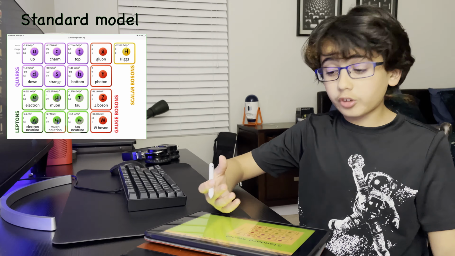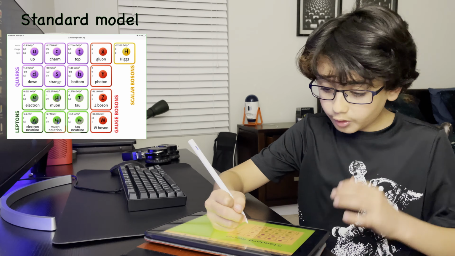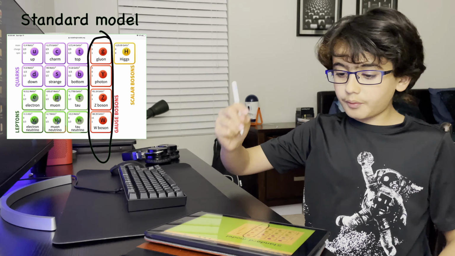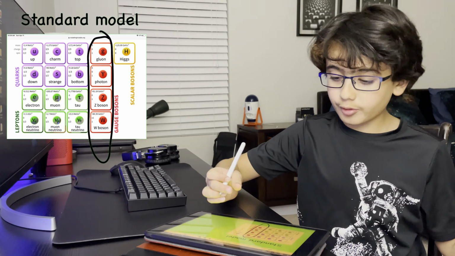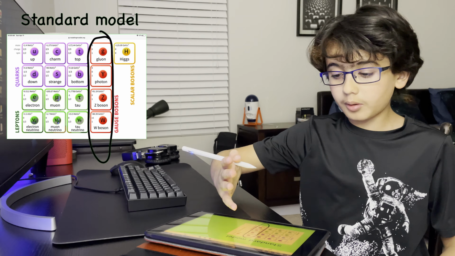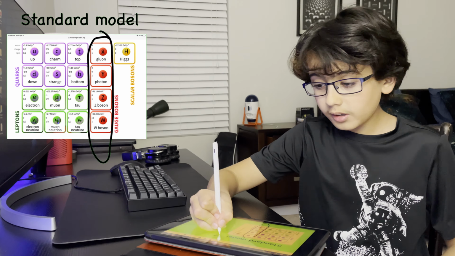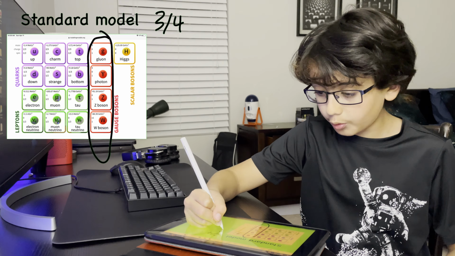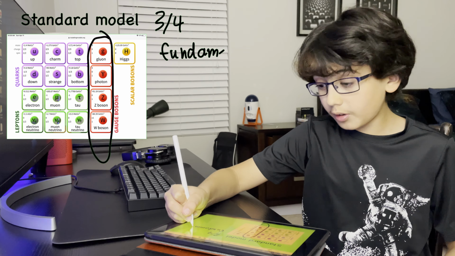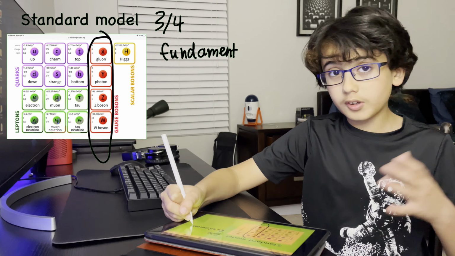Now moving on to force-carrying particles. The force-carrying particles are all the particles right here. They're the gluon, the photon, the Z boson, and the W boson. And basically, these four particles represent three of the four fundamental forces. They represent three of the four fundamental forces, and if you don't know, those are